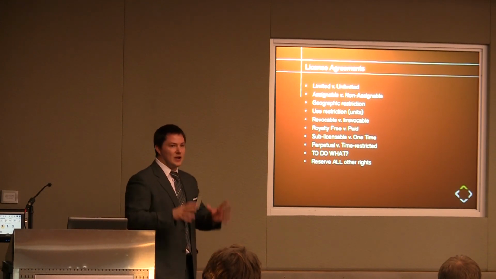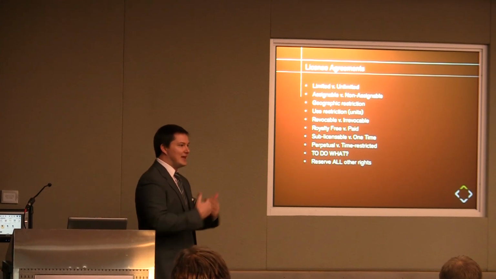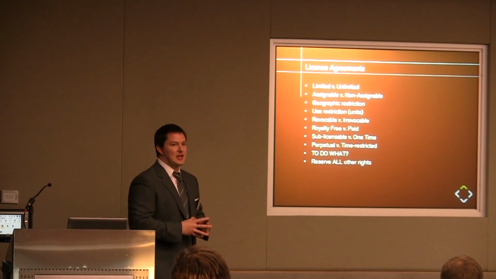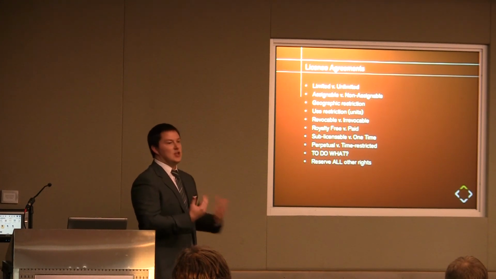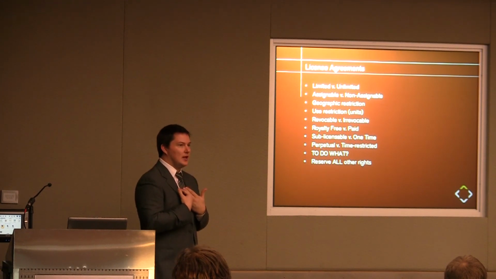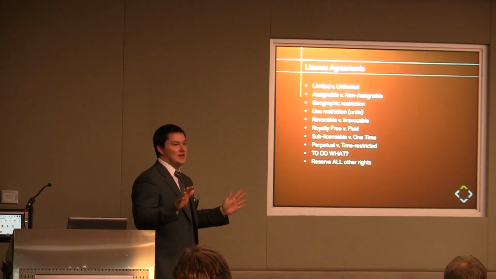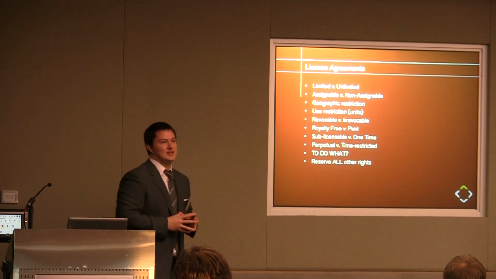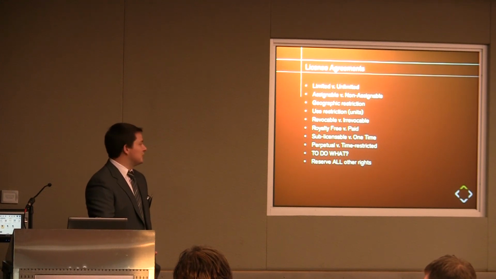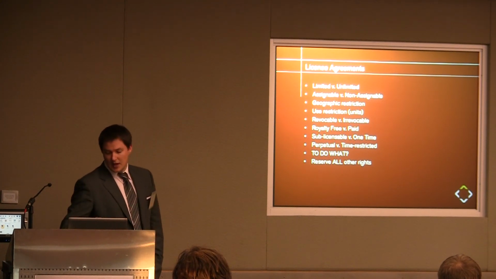And so when you have a company that's built off intellectual property and you're trying to turn that intellectual property into money, you really have to think about how you want to restrict consumers and customers in the way that they use it. How do I want to license this stuff out so that I still own it, but other people can use it and I can make money off of it? And then at the end of the day, once you've defined what your license is, make it very clear that you reserve all other rights. Have it in writing, have it in a contract, protect your intellectual property, lock it up as tightly as you can.